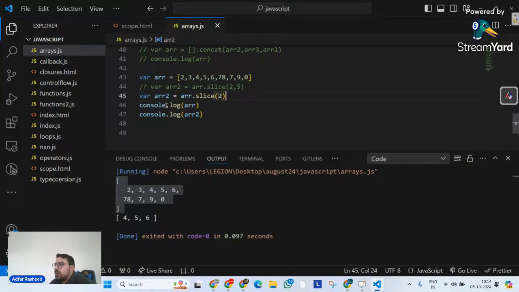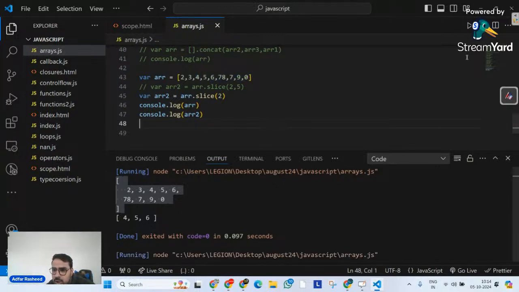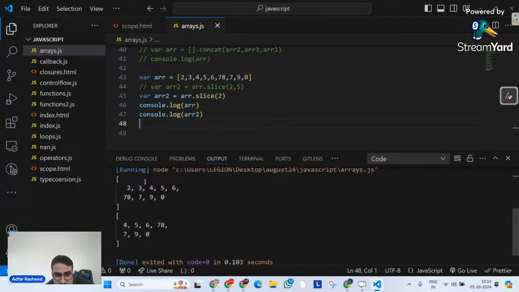In that particular case, it will start from this index and take the rest of all the elements until the end and give you a slice of it, which means it will create a new array starting from this index up till the end. If I execute it, you can clearly see from index 4 up till the end, all of the elements are returned in a new array. I hope I am clear.